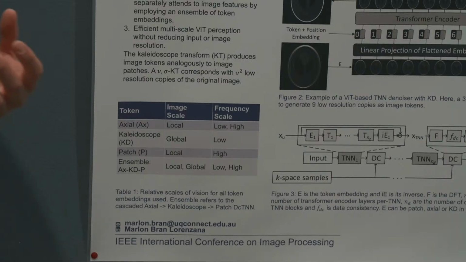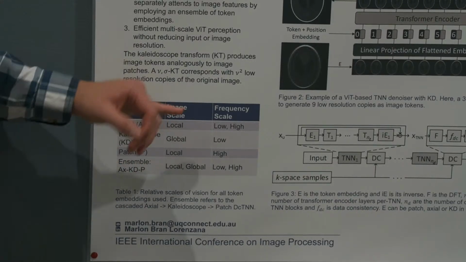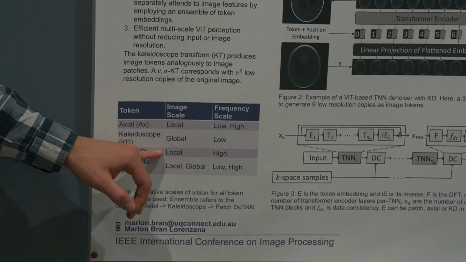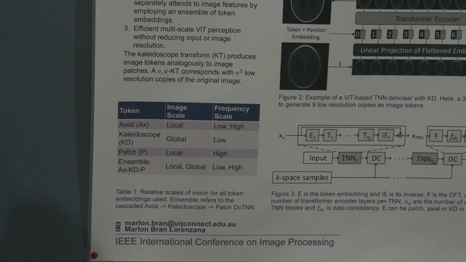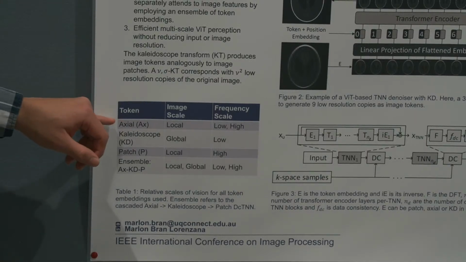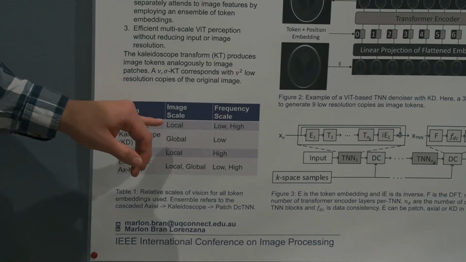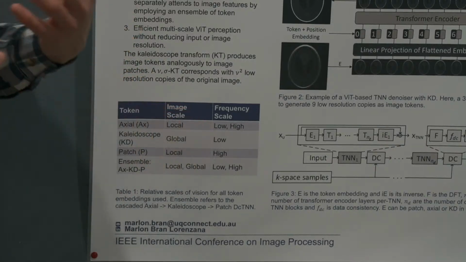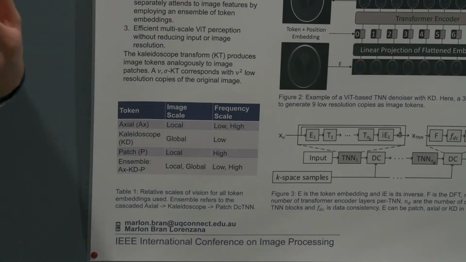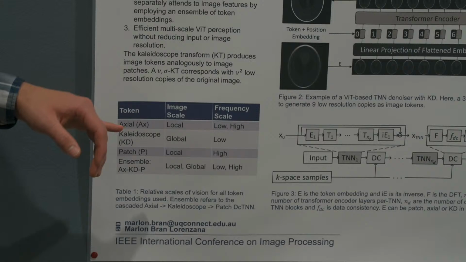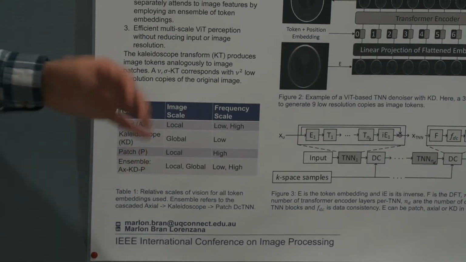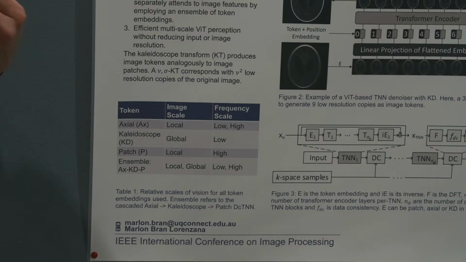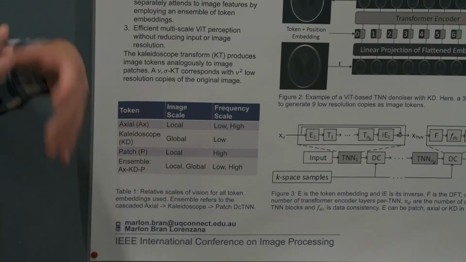Each of these tokens, I guess, inherently is going to be a bit more focused on certain aspects of the image. So one of those image scales is, for patches, for example, they're inherently limited to local image information. And within them, they're inherently limited to high frequency contexts. Axial, so columns and rows, again, inherently local. They only look at columns and they only look at rows, but they do contain low and high frequency information of the image. Our kaleidoscope tokens, sorry, inherently, because they're low resolution embeddings, have global information with only low frequency,